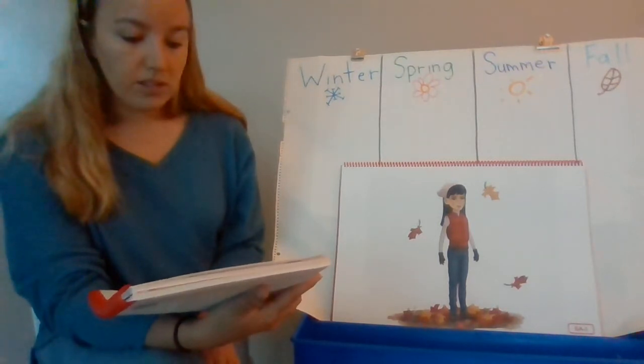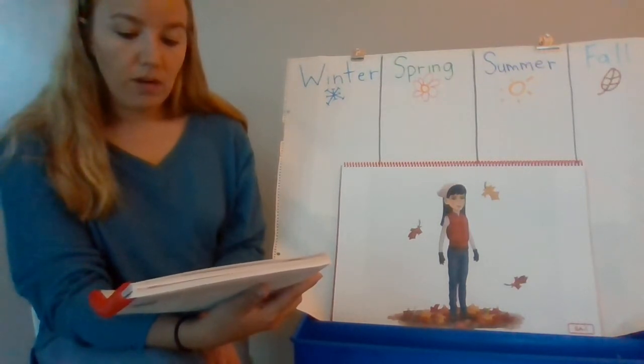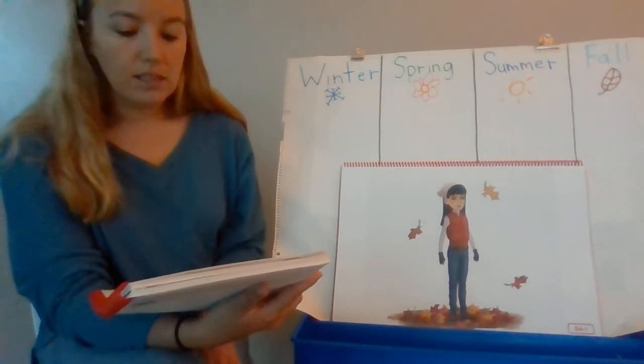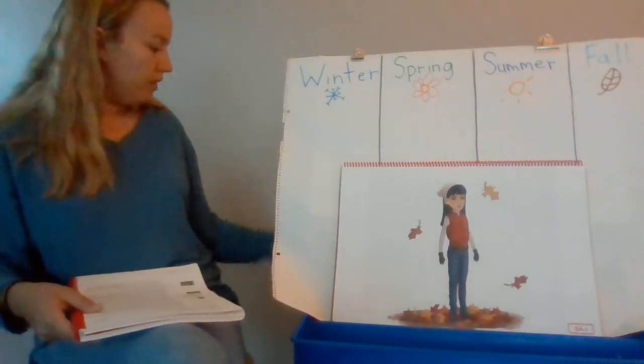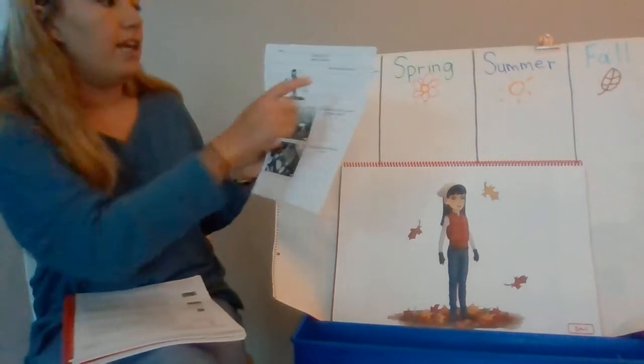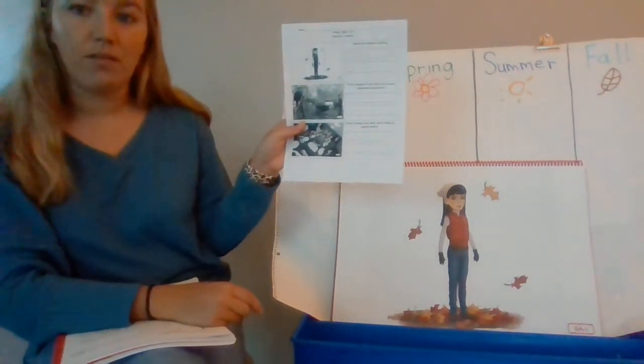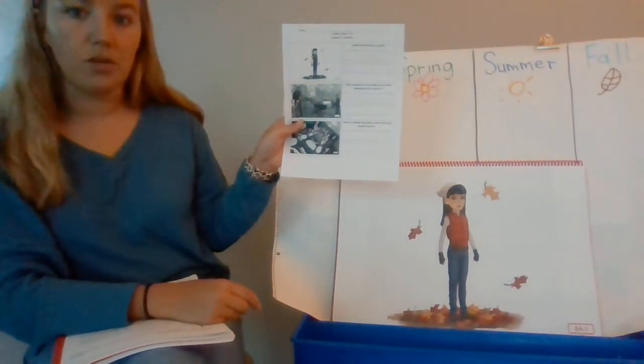Dear kindergartners, eventually the warm weather of summer ends and autumn begins. Kids are back in school in autumn. Autumn officially starts in the middle of September and includes the months of October and November. Okay, that's your first question right away. It says, name the months of autumn. Write them down. Pause the video if you need to.